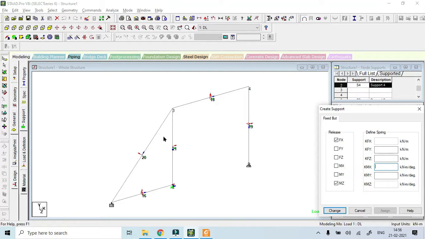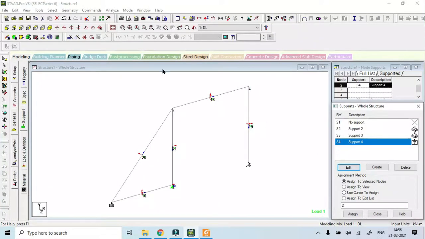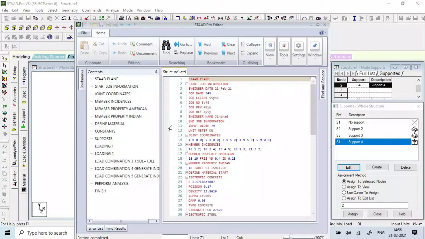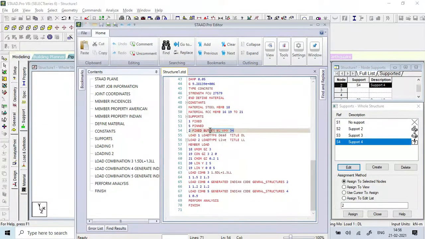While the STAAD editor is working, if you make any changes, it will not come to the STAAD editor. Once you close the STAAD editor and then make the changes, only then will it be reflected. So I change this. Now if I take the STAAD editor,